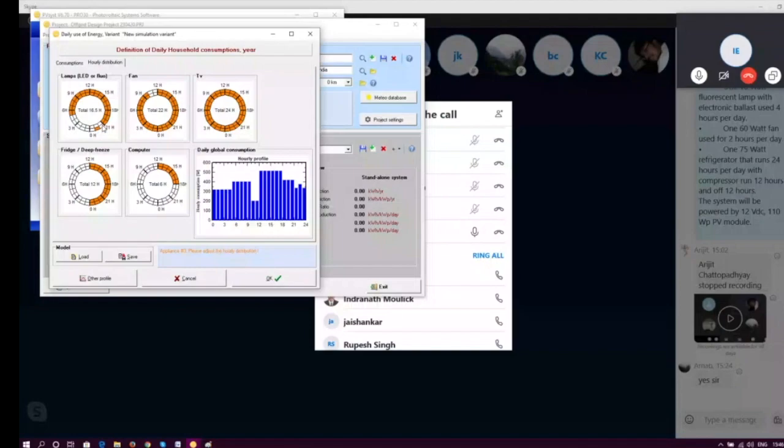The hourly distribution will help us to ensure that we are using exactly that amount of batteries, not more. If you can see from the graph, the maximum power consumption is from 12 a.m. in the morning till 6 p.m. So 12 to 4 is our sunlight hours.